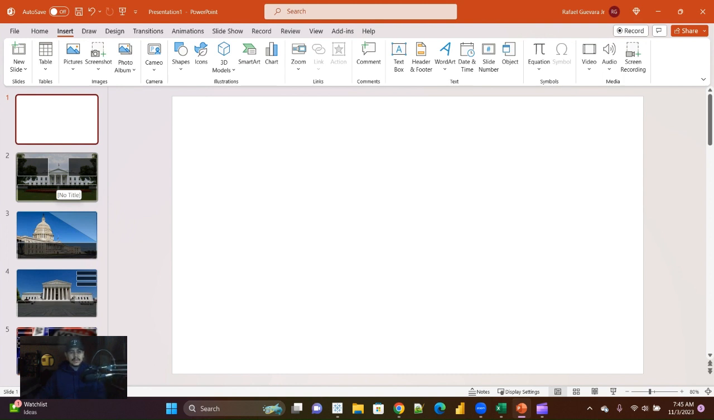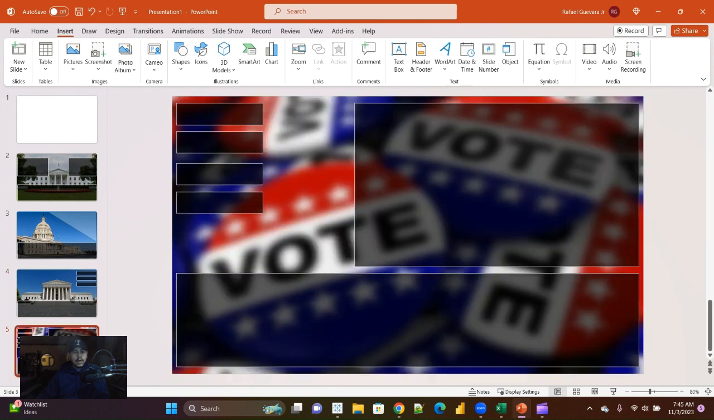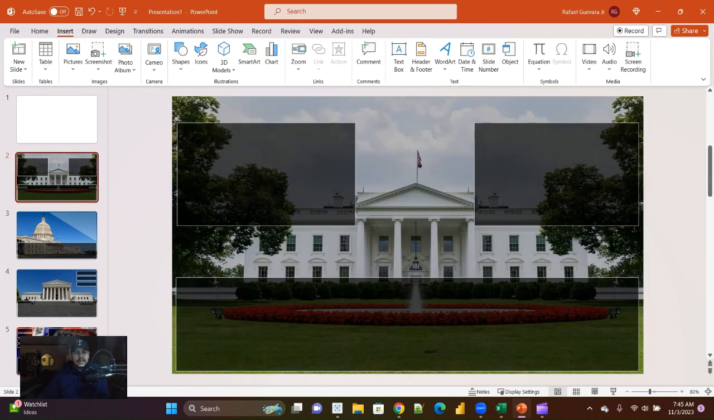I have some pictures here. I have the White House, I have the Capitol, Supreme Court, and then a simple graphic that's been kind of blurred on voting. Right. So let's go back to the first image, which is the White House. Notice how I've made the White House image the full slide in PowerPoint, and I've also added some shapes on